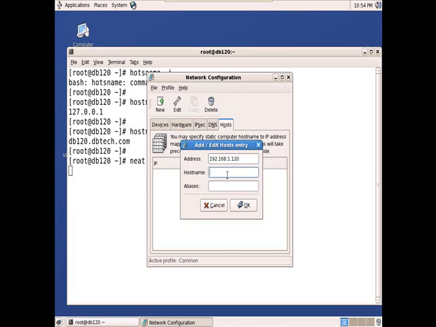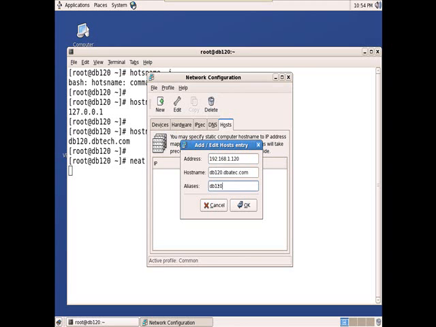Whatever you have mentioned in devices, you should mention here. Host name: db120.dbatech.com. See, 192.168.1 is common. The last three digits are your wish. You can give any name for your machine, but what you have mentioned here, the same you should mention in devices also.